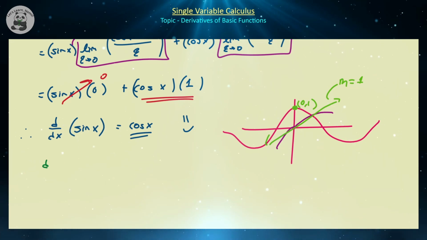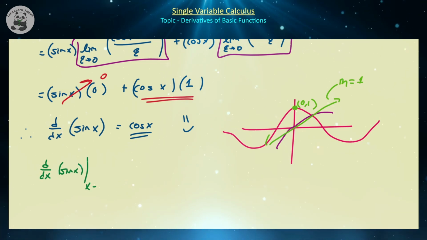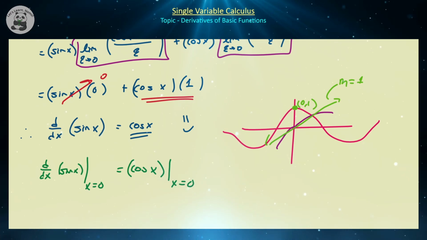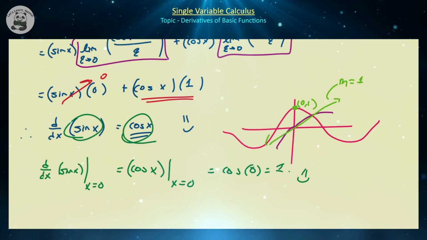Because the derivative of the sine curve when x is equal to 0 is just going to be equal to the cosine curve evaluated at x equal to 0, which is the cosine of 0, which we know is equal to 1. And obviously the derivative of this periodic function is indeed periodic, and indeed it is equal to